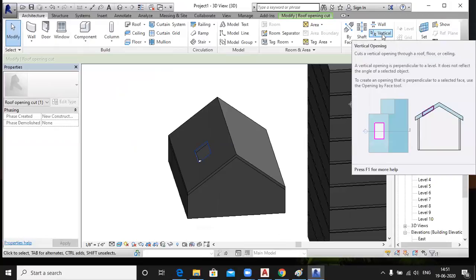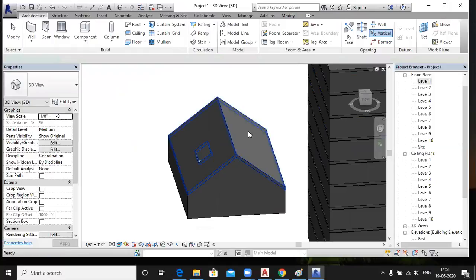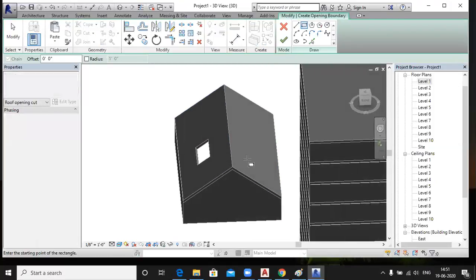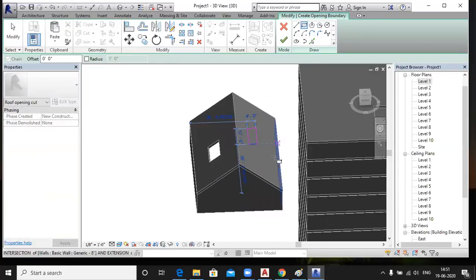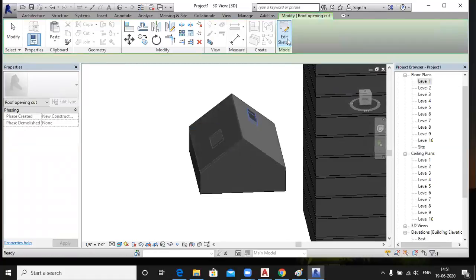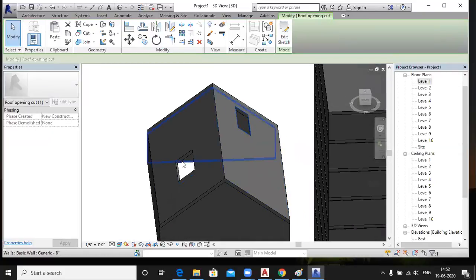Yes. For the vertical opening, activate vertical opening, click on the roof and draw your size like this. This is your vertical size. In vertical, see the difference between by face and vertical. This is cut in the vertically downward direction, perpendicular to this face.